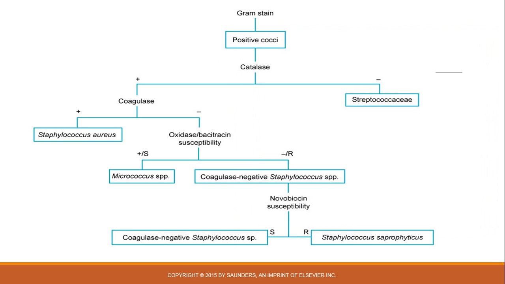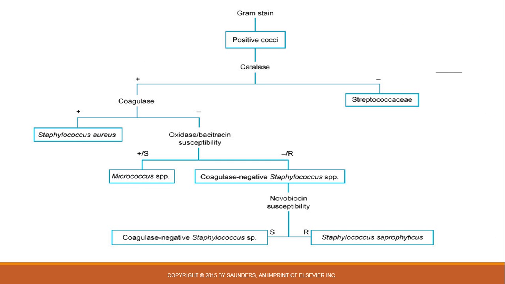Here's a flow chart, an example for the workup of staph organisms. So the first thing we always want to do is the gram stain. And if it's a gram-positive cocci, the next test we do is a catalase. That helps us differentiate gram-positive cocci, right? If it's positive, we've got a staph or a micrococcus, right? If it's negative, then we've got some kind of strep